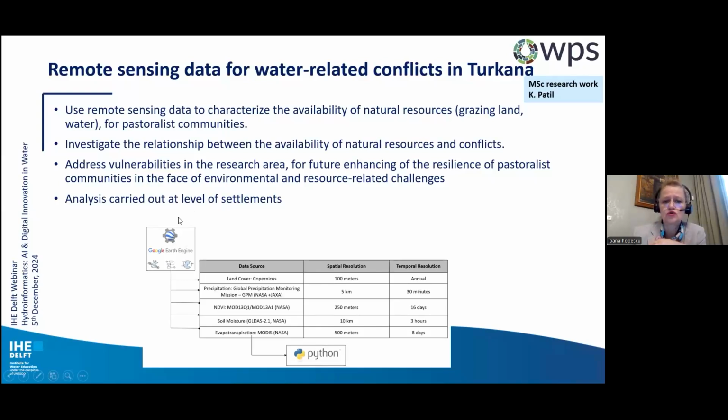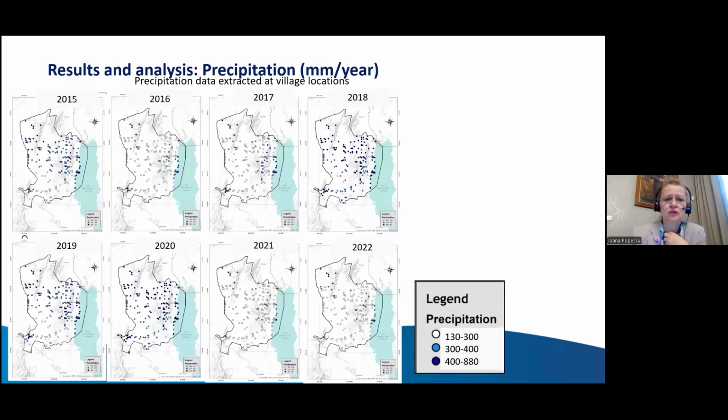So here also a lot of data was used, all from remote sensing: the land cover from Copernicus, the precipitation data, the NDVI, the soil moisture, and the evapotranspiration, at different spatial and temporal resolutions, and Python was used to analyze the data. Let me show you a bit of the analysis of the precipitation throughout the years,